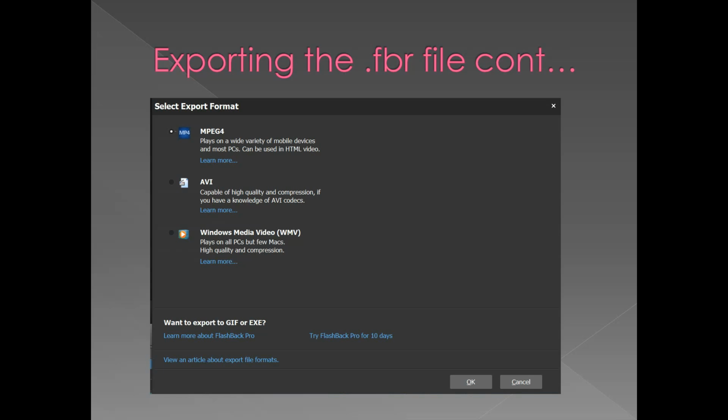Once exporting is done, you can upload that exported file in your private YouTube channel. The link for the file will be available in the YouTube window. You can copy it and send it to the students. So the students will be able to use the link and watch your video.